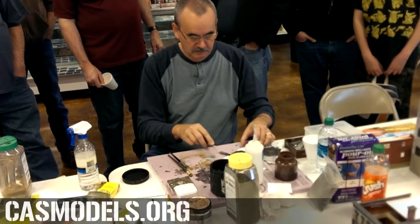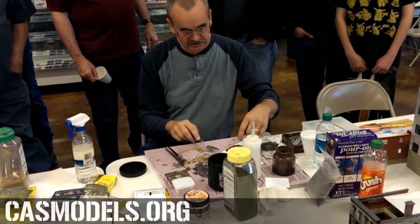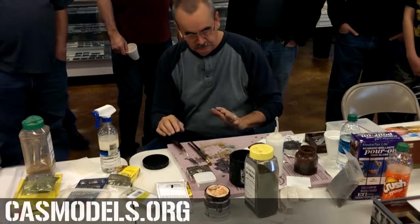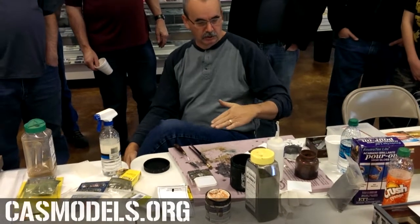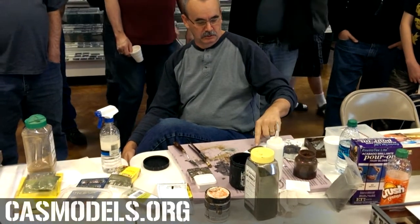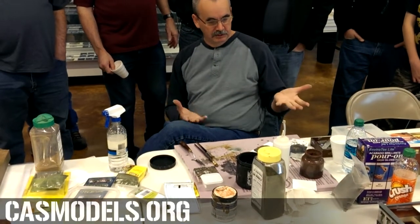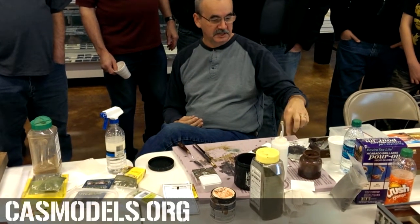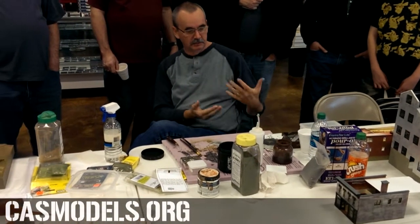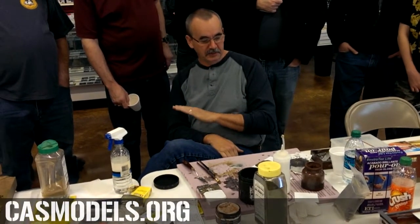Now, there are 2 ways of doing this. This is my preferred method, to cut a base for the roadway because you can get a sharp edge to it. I come back in, and if I want to put a concrete curb or anything, I can run it right up there, pre-painted, and not have to worry about it. This grayish color that you're seeing on top from the glue will disappear when I wet it down. If we have a lump by accident that we want to get out of there, you could take a sanding pad and just go right over the top